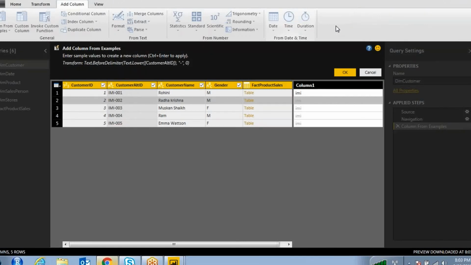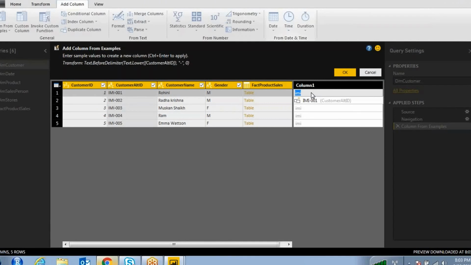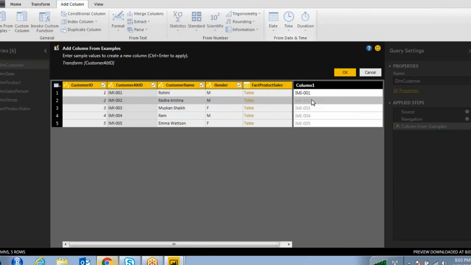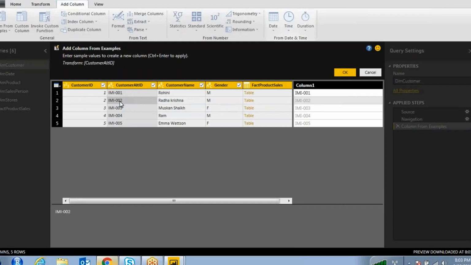For example, if you type IMI 001 and press control enter, it has taken the similar values from the customer alternate ID column: 002, 003, 004, 005. So automatically it will apply the transformation.